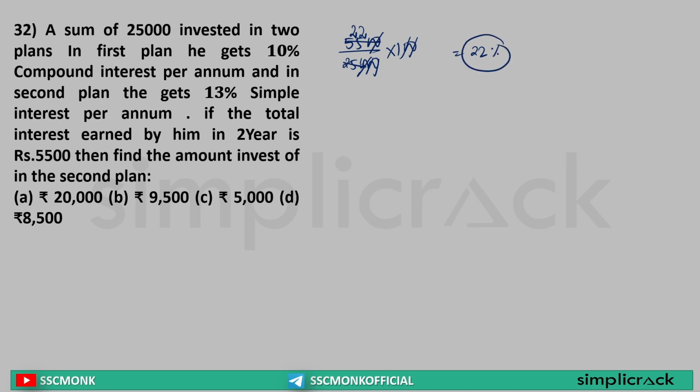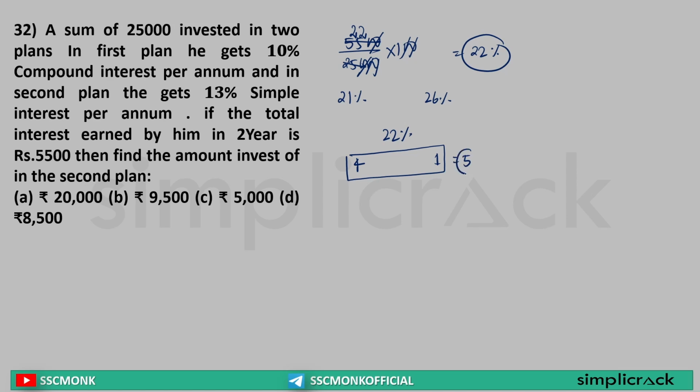Yes or no? In compound interest, 10% in 2 years will get me 21%. In simple interest, 13% will get me 13 plus 13, 26%. But their resultant mixture is getting me 22% gain. So 22 minus 21 is equal to 1. 26 minus 22 is equal to 4. So they are mixed in the ratio of 4:1. That means